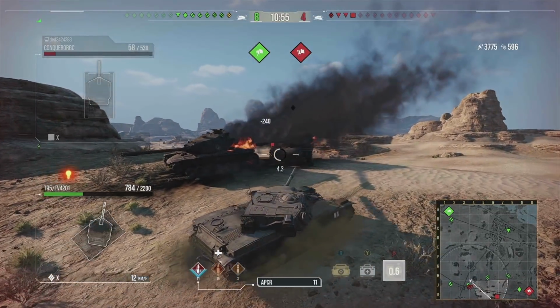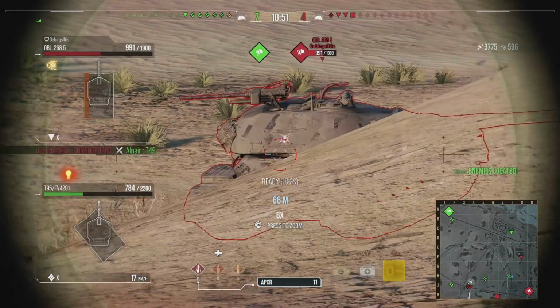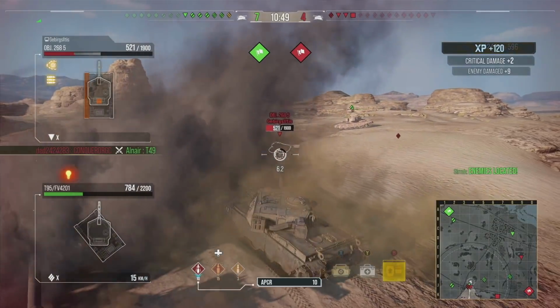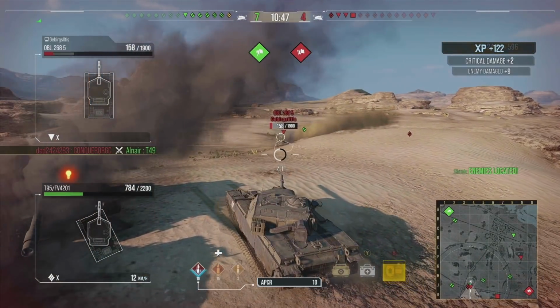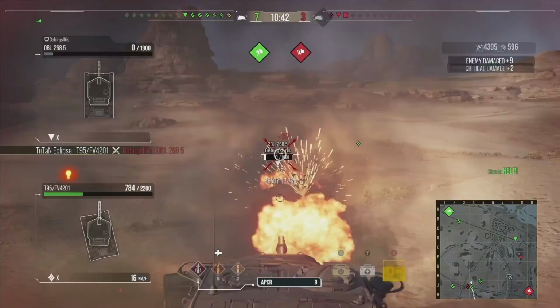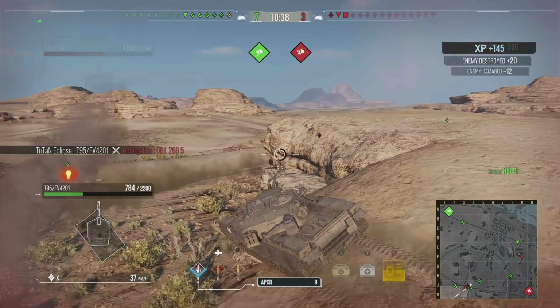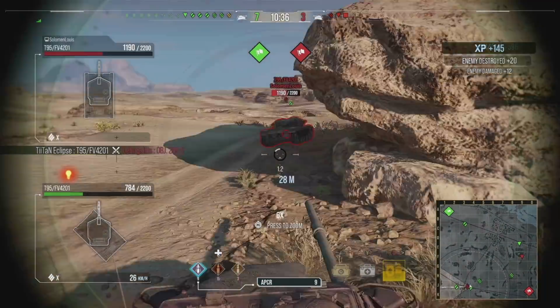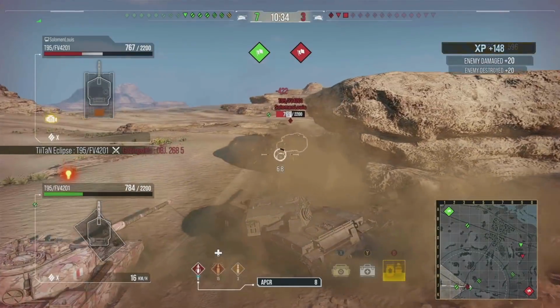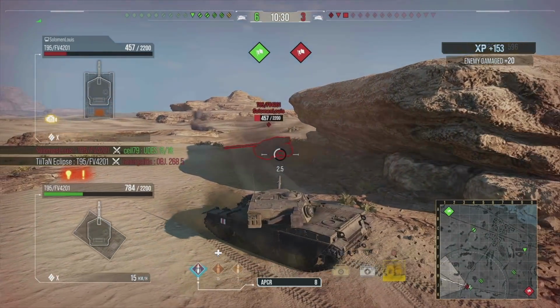This game, not particularly the best one. 3,800 damage, well, so far. 596 spotting damage. Put one into the side of the Object 268 version 5. We're going to put one more in potentially. Yes, we do. And then, of course, we've got the T95 FE201's backside. And you know what we always love, a bit of backside. Yeah, let's put that one round into him, and then we're going to put another one, hopefully, before he gets